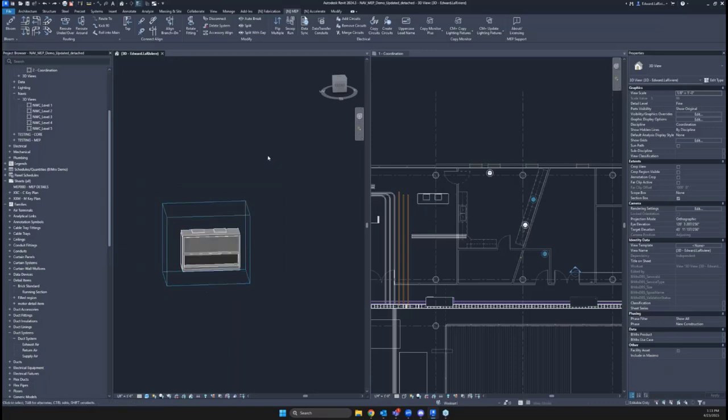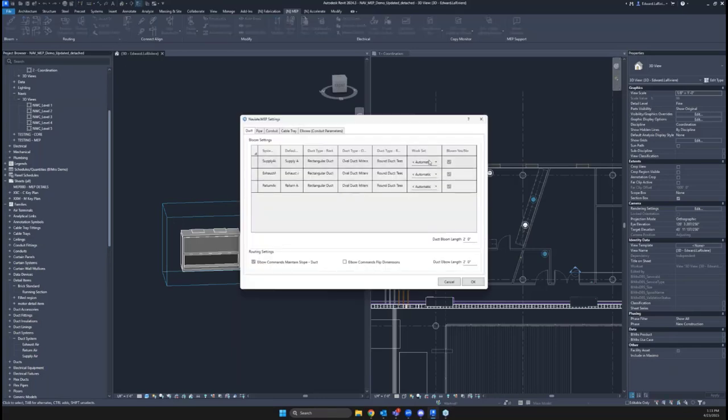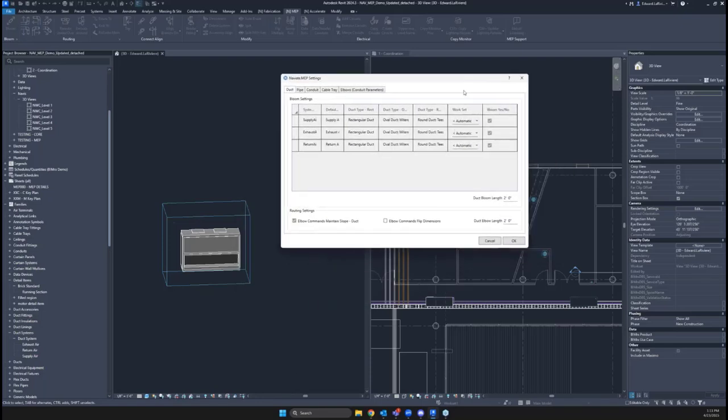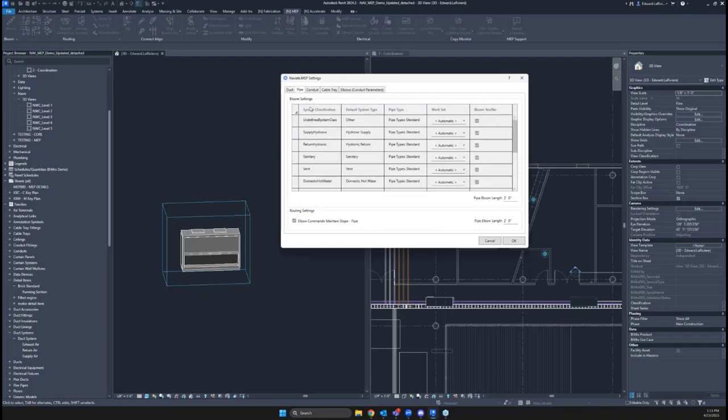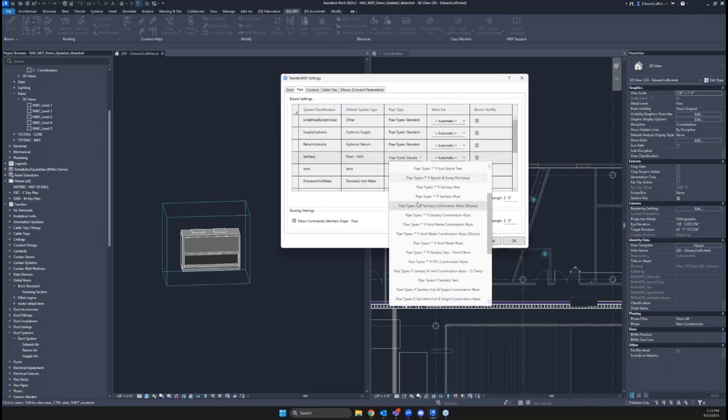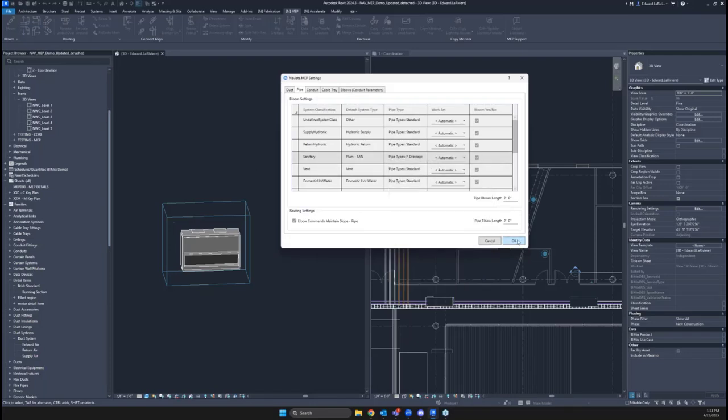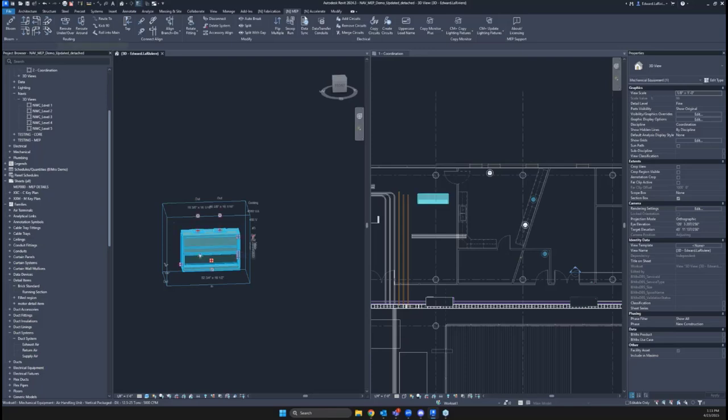So if I undo back from there and we go up and look at some settings very quickly, you actually have full control over all of this. You can choose exactly what system, exactly what type. You can even choose what work set it lands on if you're working in one of those blended models with an M, an E, and a P all in here together. I'm going to do a very quick change here and just make sure that that sanitary is giving me the sanitary system type. And I want to go ahead and get a drainage pipe type. That's enough for me right here, which means when I bloom that out now,